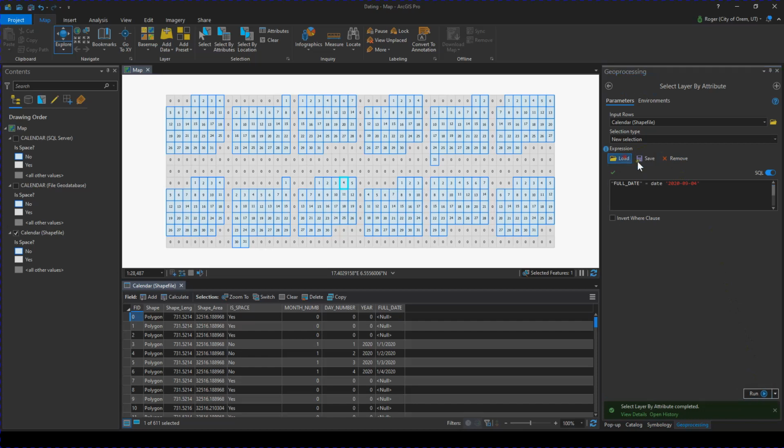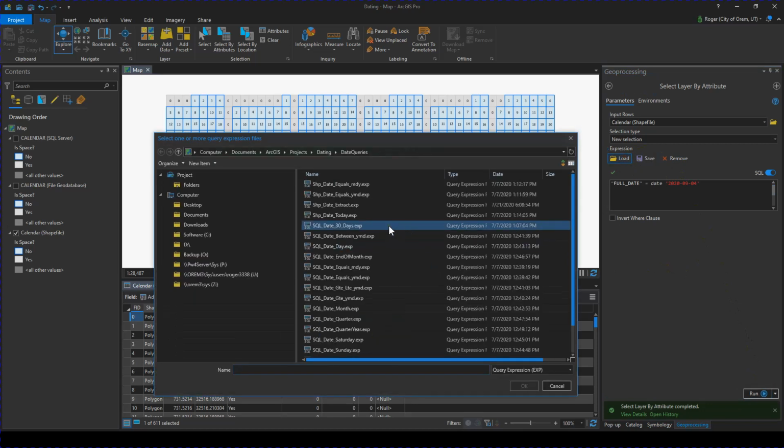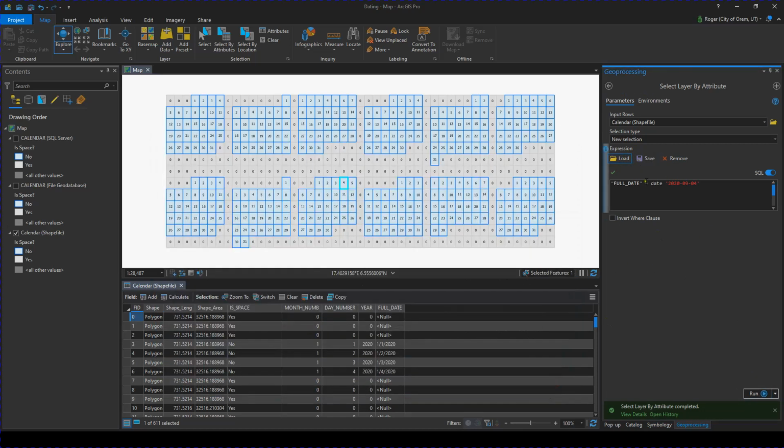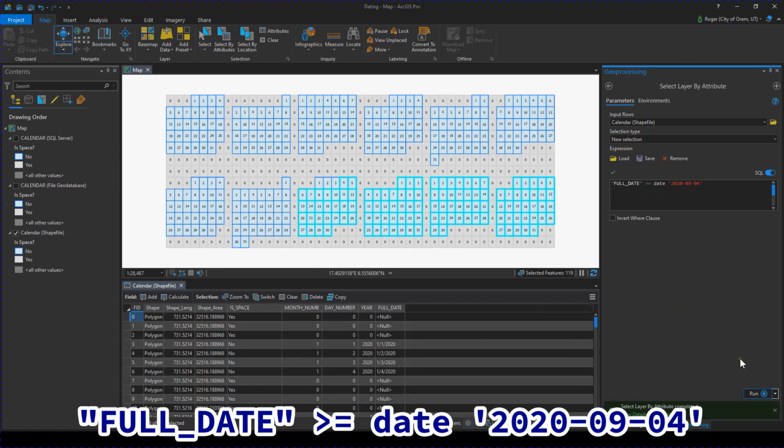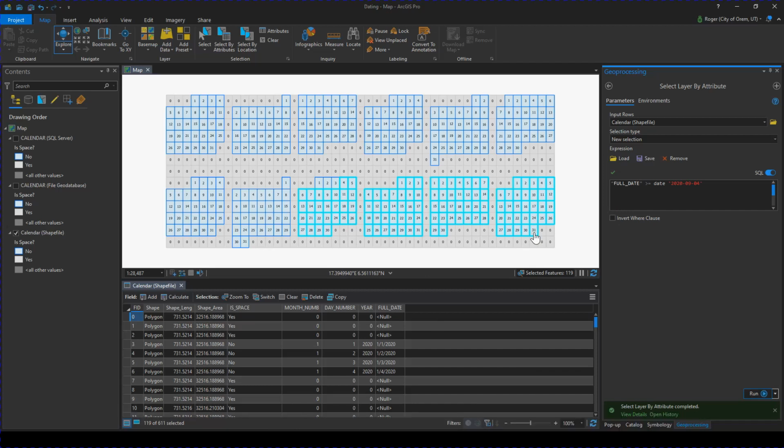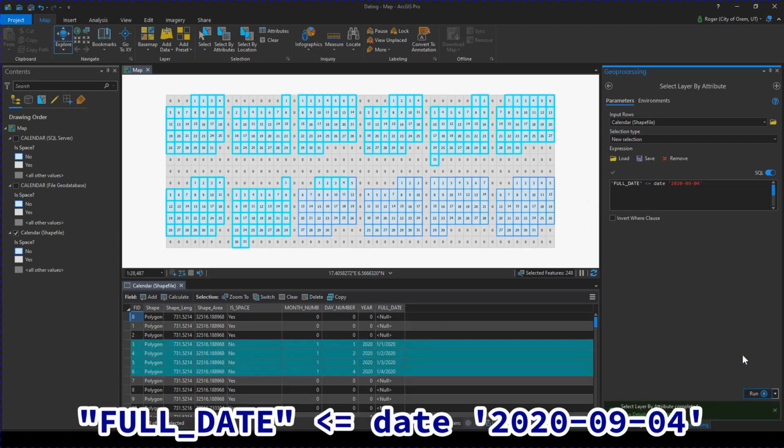Alright, another thing that you can do is compare. You can compare dates with less than and greater than. I'm going to look for greater than first. Alright, it found September 4th as well as every day that followed that. If I had future dates in my data set, those would be selected too. Now I'm going to do less than or equal. Now the result looks okay,